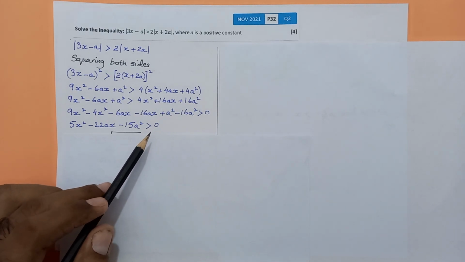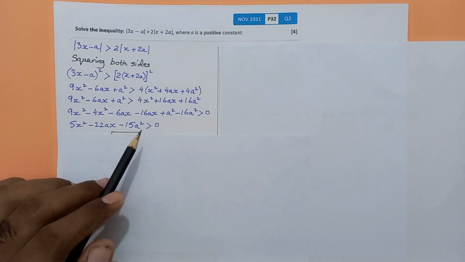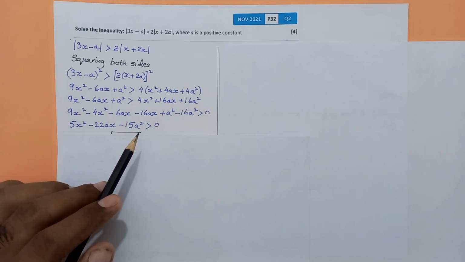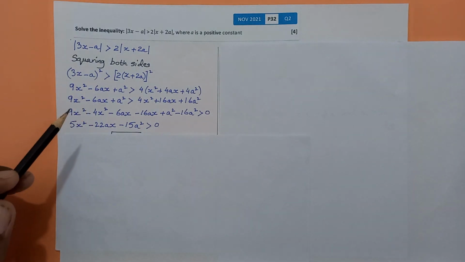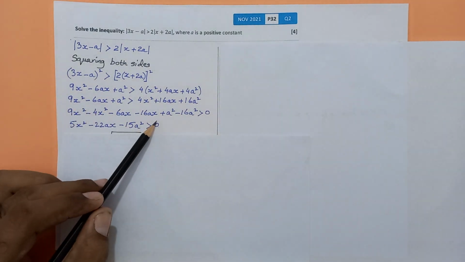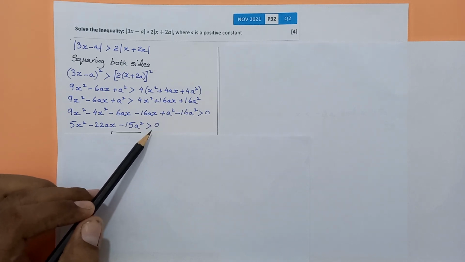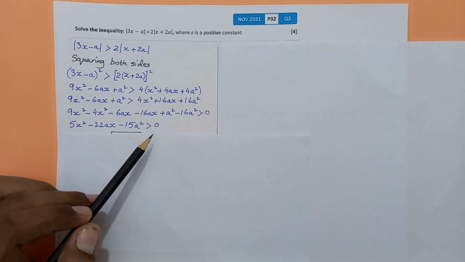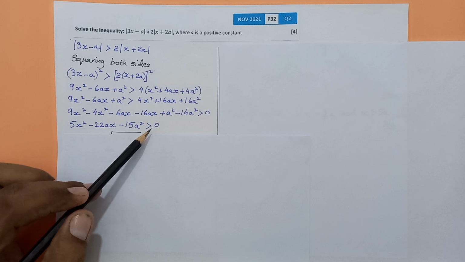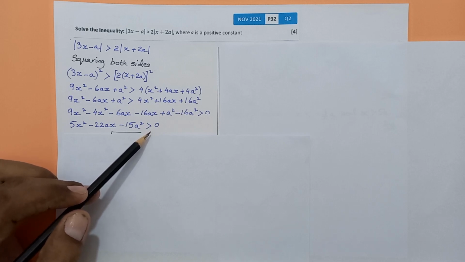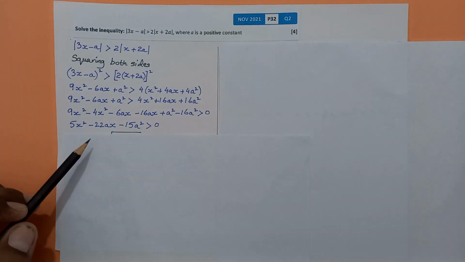So first of all, get the critical values. In other words, get the x-intercepts, because the x-intercepts definitely would decide the set of values. For finding the x-intercepts, because the condition over here is greater than 0, this 0 is basically representing the value of y, or the function. So we know that when y is 0, definitely the x lies on the x-axis, and definitely it is an x-intercept. So use the quadratic formula,